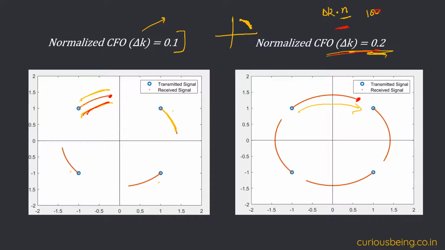If we talk in terms of 5G or a general OFDM system, the FFT size is also directly proportional to the sampling frequency. So larger the FFT size, larger the sampling frequency. Let's say I'm assuming 1 kilohertz of CFO for 2048 size of FFT and 4096 size of FFT. In that case, the sampling frequency for the 4096 case will be double. So delta K will also change in that case, because delta K is the normalized CFO. That is also one thing to remember.